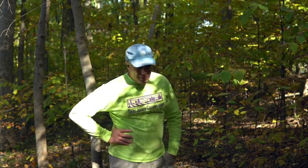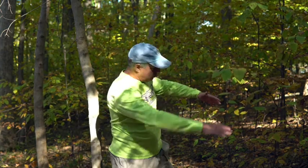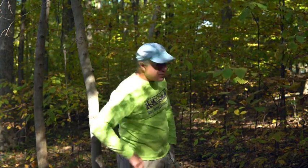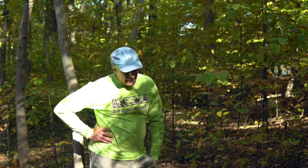The deer that are far too abundant in this area don't prefer sweet birch very much, and they do prefer all the oaks and hickories. And so there are lots of oak and hickory seedlings at my feet. In just one little circle here, I can see about a dozen hickory seedlings, and just off in the other direction are dozens of oak seedlings, but they'll never grow because every winter the deer will come along and chop them off. So right now, the forest is not capable of regenerating the species that are in the